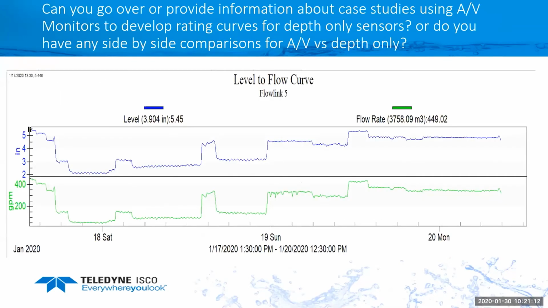Another question was, can you go over or provide information about case studies using AV sensors to develop a rating curve? What they want to do is develop a rating curve by using an area velocity sensor. I do not have a case study on that, but I have worked with people over the years on this, and what they've done is they've taken an area velocity sensor,